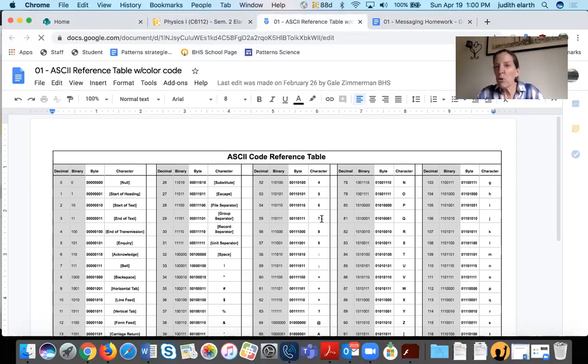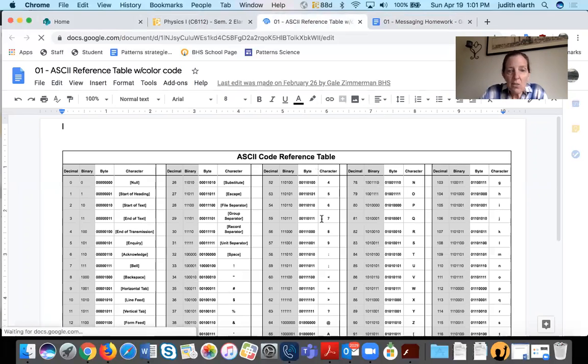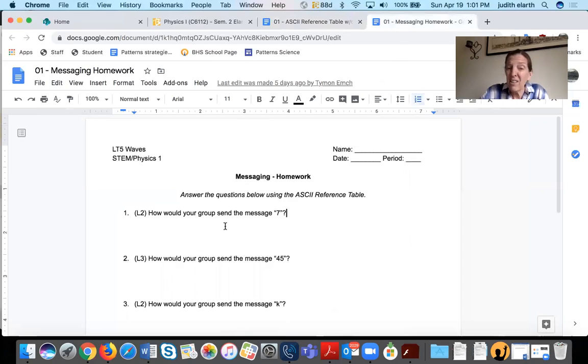I know on your computer it might be small, and so you can wait and see it on yours, but basically it says 00110111. I write that down right here. I just write it down and then I'm done, okay? 45, I look up 4 and then 5. I look up K, okay? That's all there is to it.